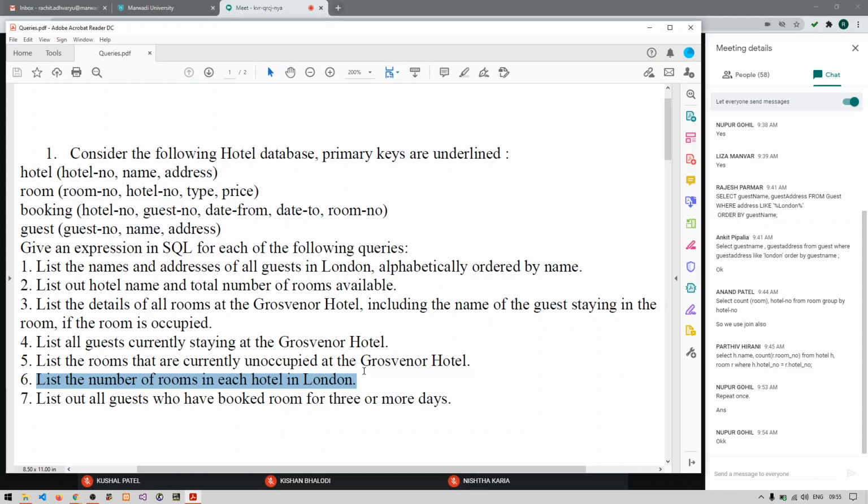Give me the answer of this. Yeah, list the number of rooms in each hotel in London.